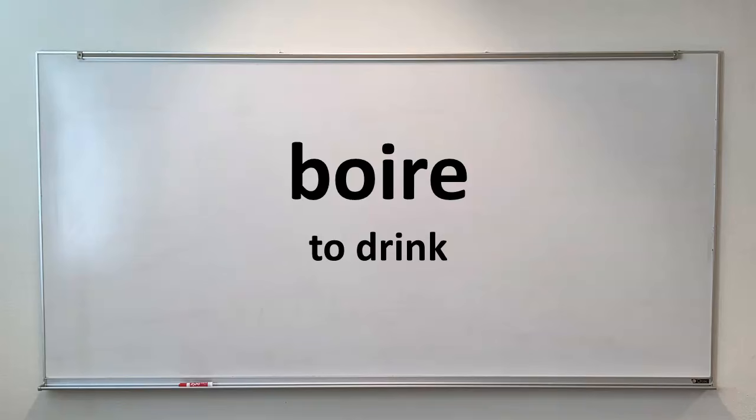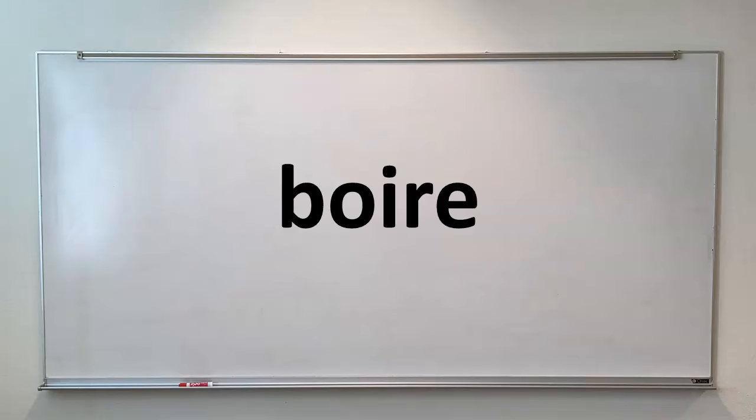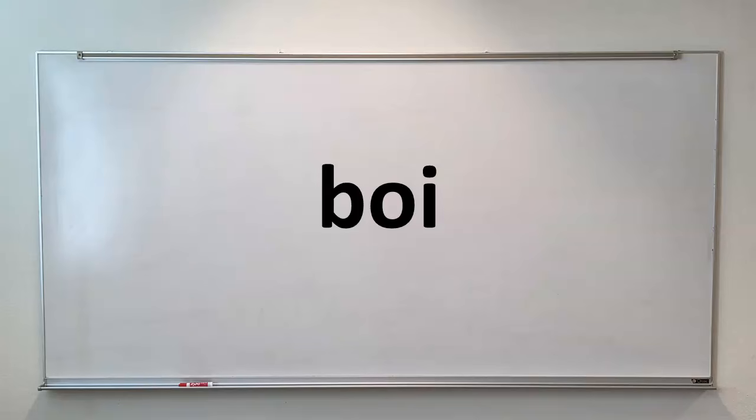The verb boire in French is an irregular verb, which means you basically have to memorize the forms. Remember that there are some RE verbs that do follow a regular pattern of conjugation, and these are the endings that we use with these regular verbs. Most of the endings that you see here will be used in the verb boire, but the reason why irregular verbs are called irregular is because of the root or the stem. So the root or the stem is found by removing the RE from the verb. So we have this root or stem.